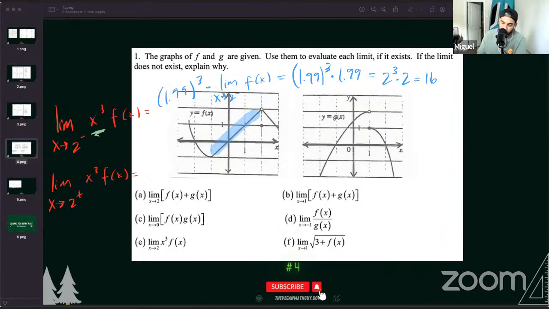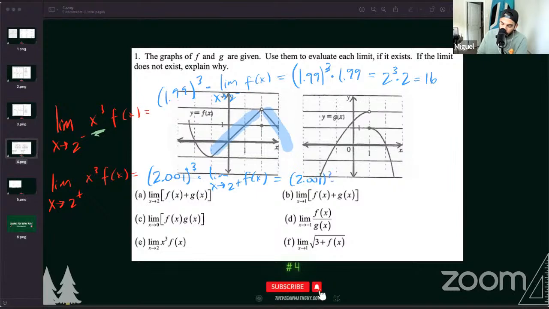Okay. Well, let's look at the bottom value now. So a number that's approaching 2 from the right side, that's like 2.001. So we're really trying to find 2.001 cubed times the limit as x approaches 2 from the right side. Okay. Well, looking at our graph again, if we approach 2 from the right side, that's about what? Again, 1.999. So we have